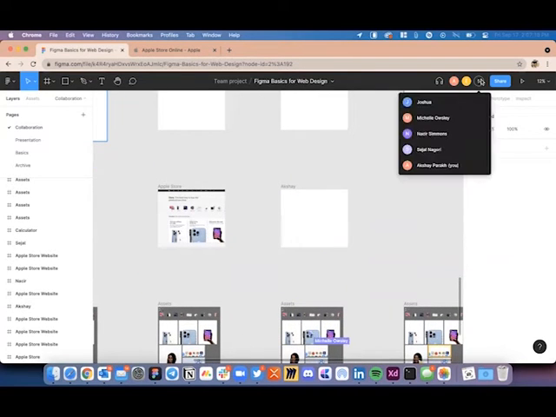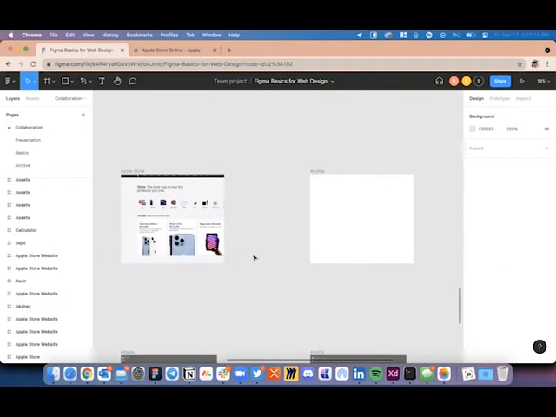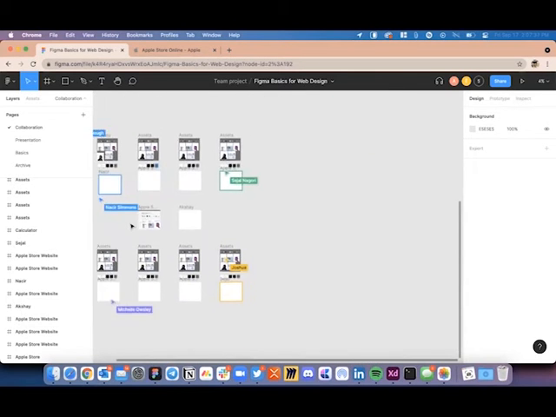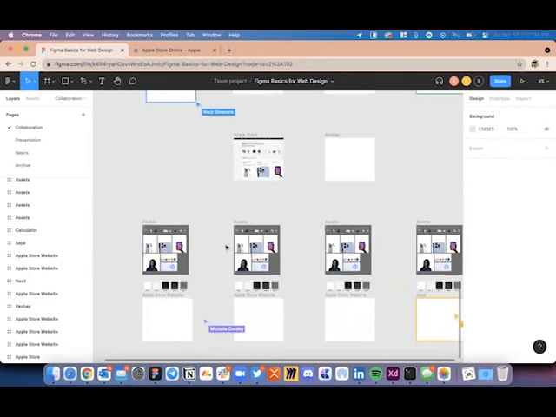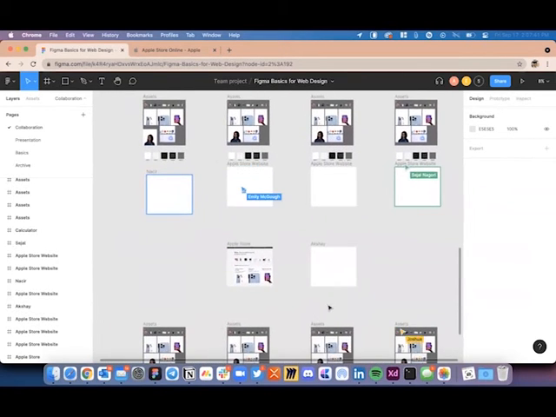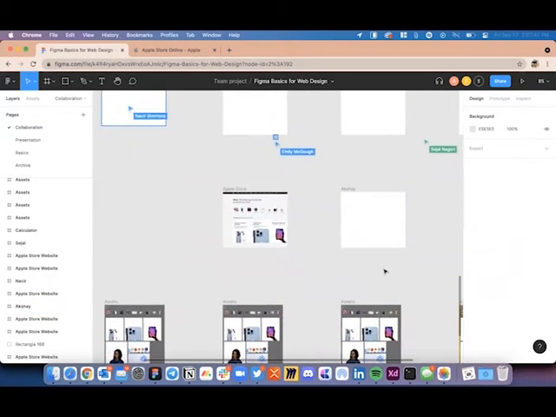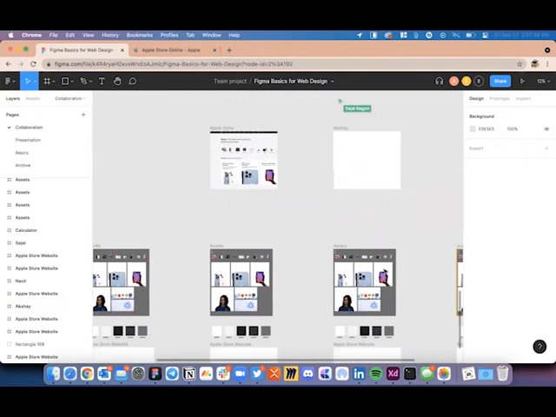Should we get started? Before you get started, just go ahead and rename the artboard. When you zoom into either of the white boxes, you will be able to see that on the top left corner, there is Apple store website already written. So we have already created these artboards for you. Just double click on them and rename them to your name, so that you know which is your artboard in case you zoom out. How to start and all of that, Akshay will explain. So I think you can start.